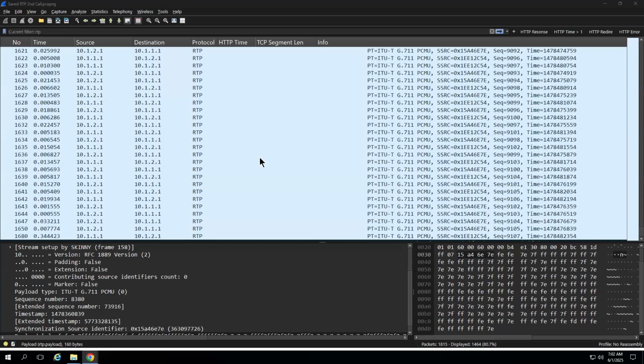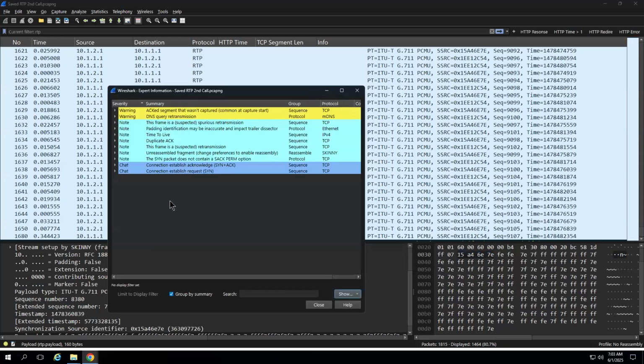So, okay, let's go a little deeper. If there is congestion in your network, what is the quick filter we will use in Wireshark to see the bad packets? At the bottom you can see there is an Expert option. Here, and also you can give